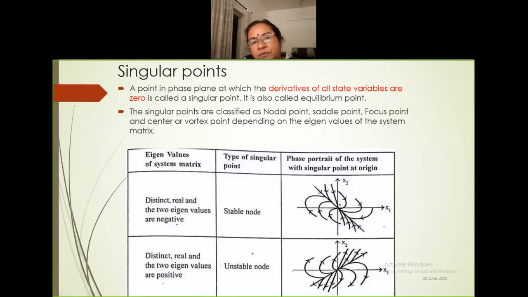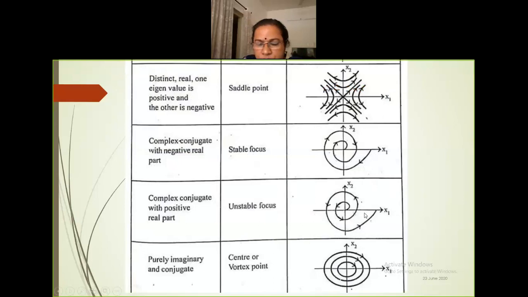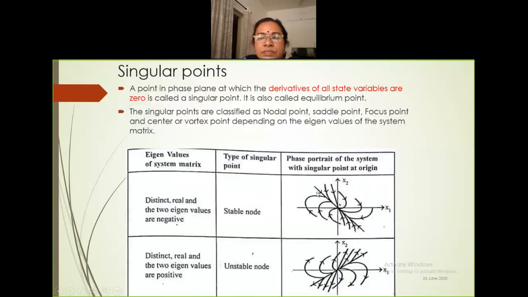Why is it the second and fourth quadrant? Because your two roots are negative. So in this portion only the negative roots come, isn't it? This is positive and negative. So in this diagram you can see, and since it is a stable node, all the arrows point towards the origin. Now it is easy to draw this because you need to draw this one. They may be asking about the singular point, so you are supposed to write it with this table and S prime.